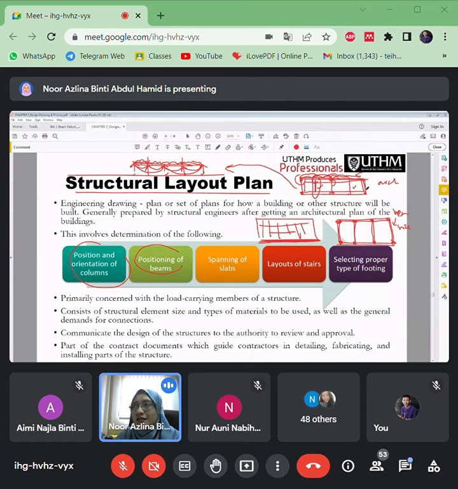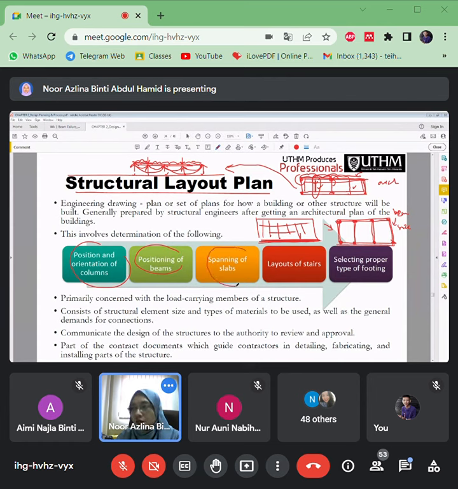Okay, so that means the architect is just for the appearance, to make sure that the building should be like this in elevations and so on, especially for its fittings, finishes, and appearance. But the structure should be referred to our drawing, which is the structural layout plan. So the contractor will refer to our drawings, how many pilings and everything. Nanti nak finishings, or any fitting materials, they will refer to the architects.